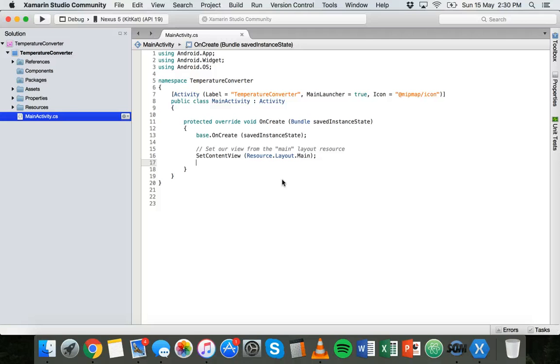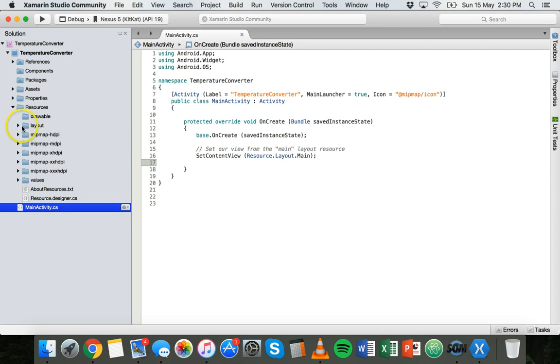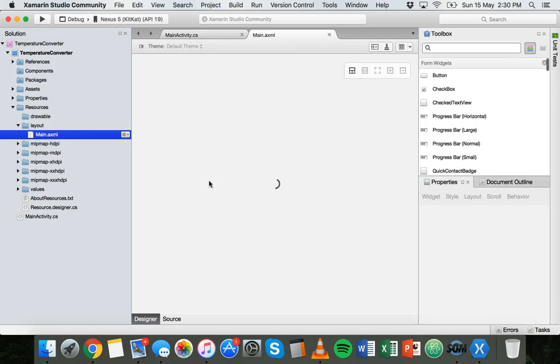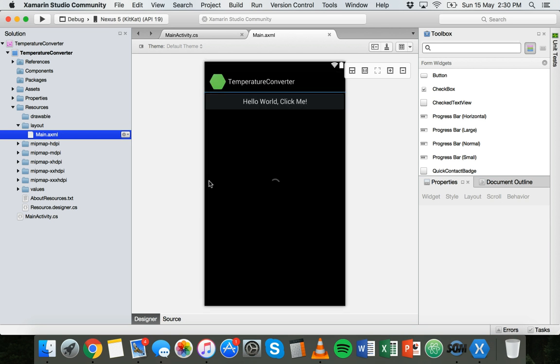Okay, so after you've deleted those lines, on the left side of the screen here under the solutions list, click on the Resources folder and then open the Layout folder. Inside the Layout folder there is a file called main.axml. Double click on that. It might take a minute to open and set up, but it will contain the storyboard. Here it is. It will contain the storyboard that shows the actual screen, the main screen for our